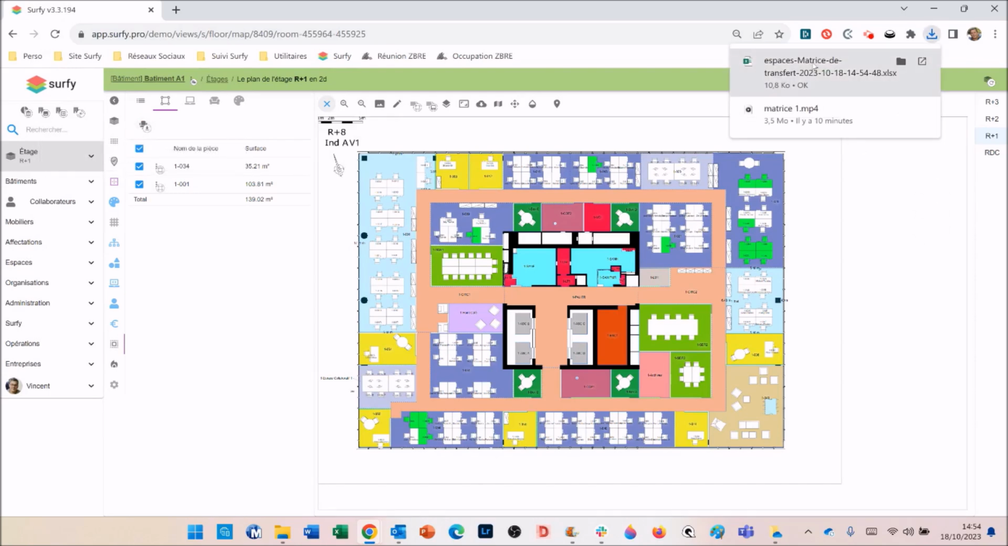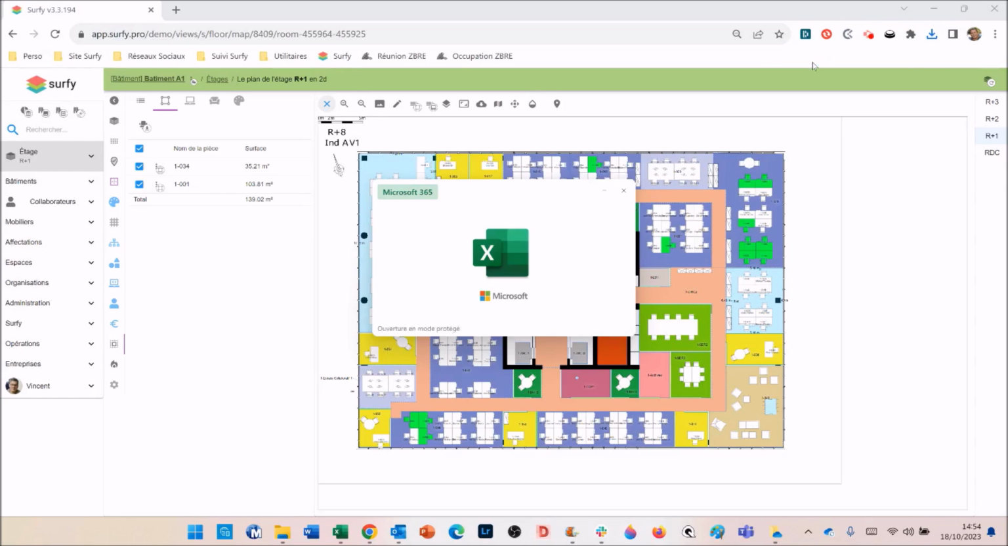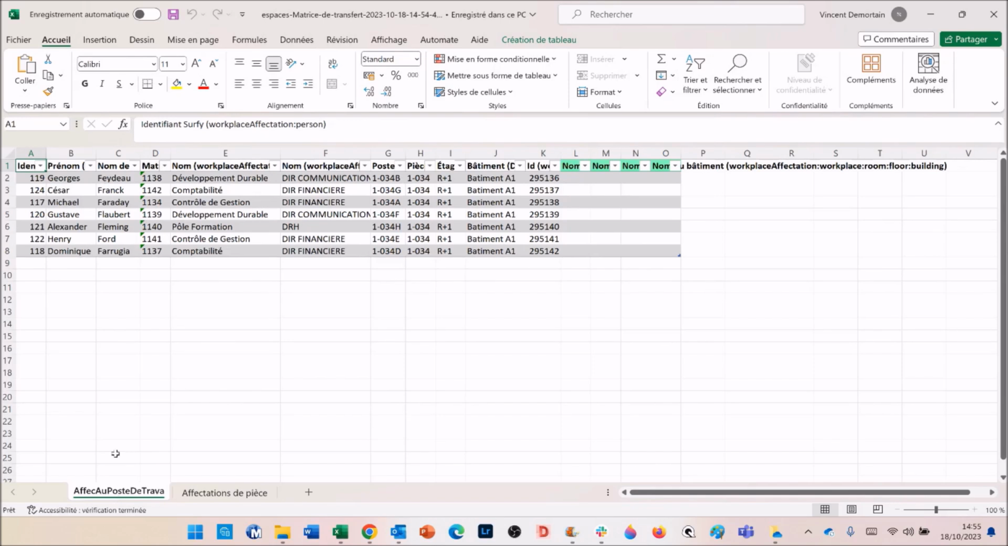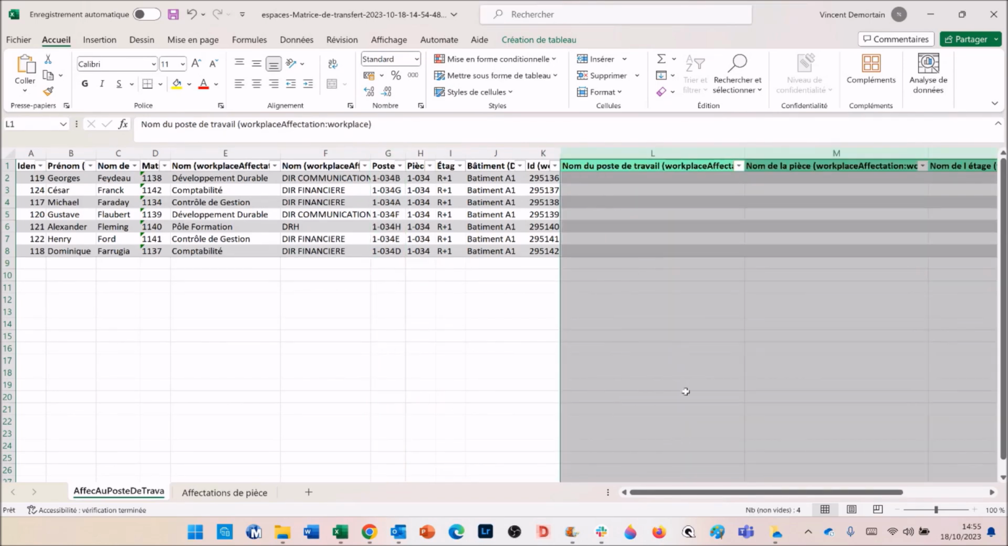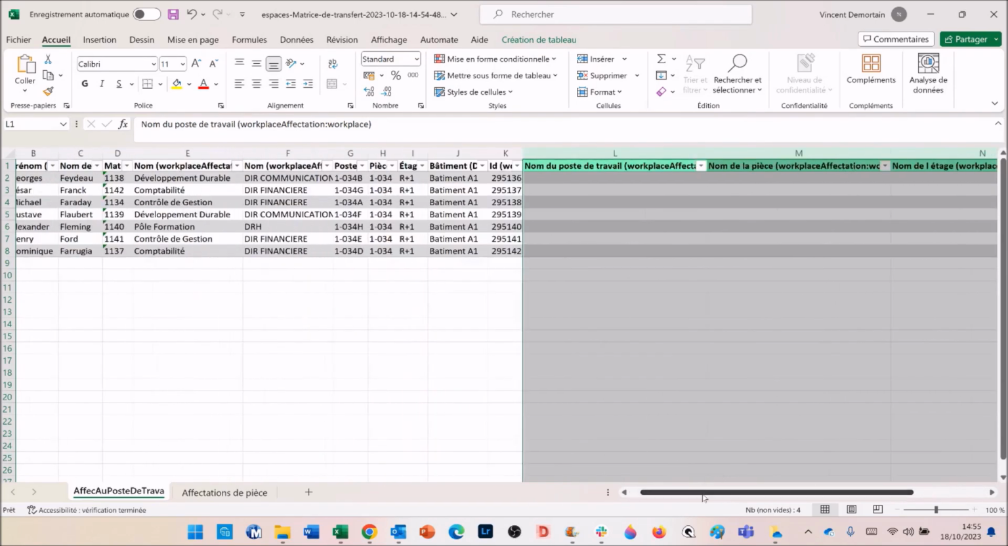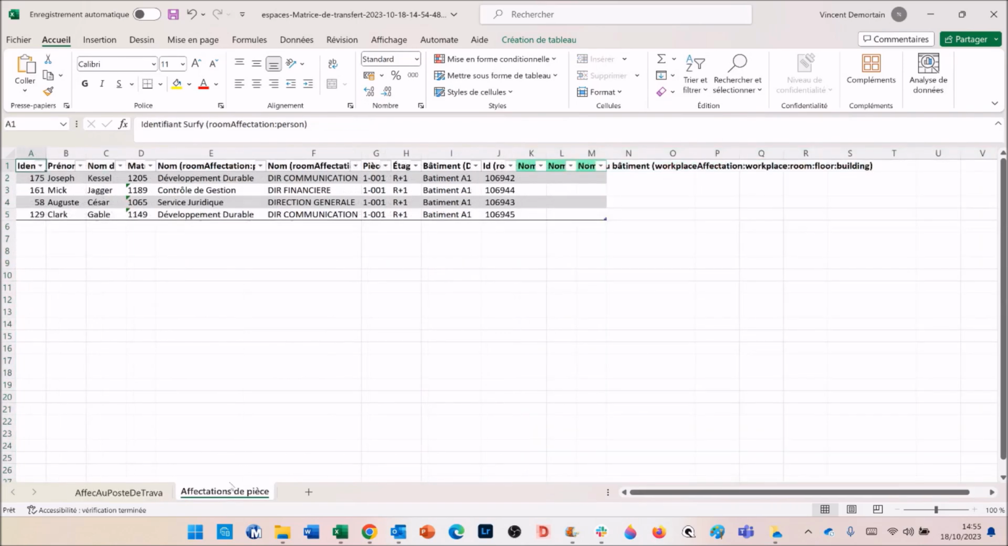In my downloads, I get my matrix back, in which I have 2 tabs. The assignment to the workstation tab, in which I have my 7 people with their current assignment: building, floor, room, workstation, and the 4 columns of the arrival assignment: arrival workstation name, room name, floor name, and building name. In the second tab, room assignment, I have the 4 people who are currently assigned to room 1001